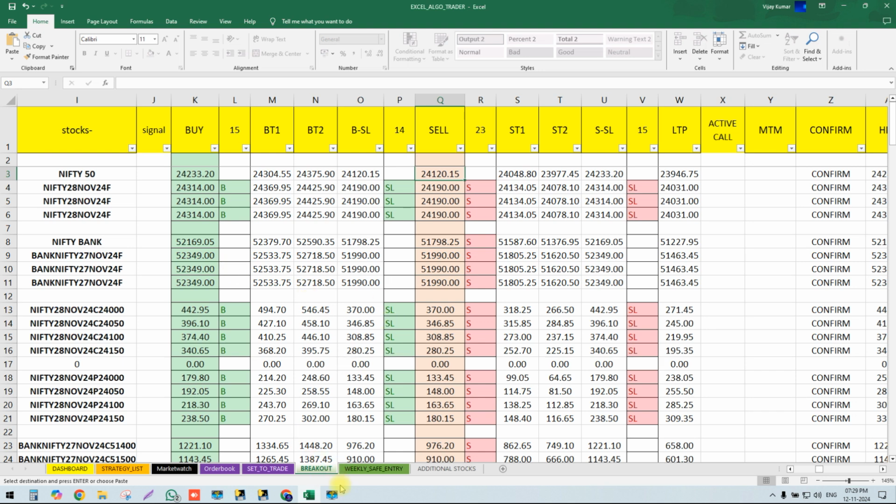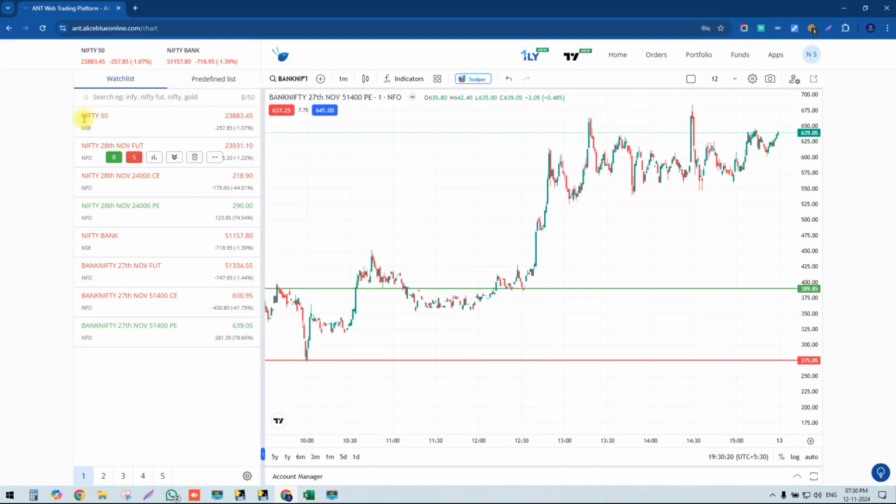Okay guys, we'll come to Nifty. I'll do a backtest today of how our Nifty, Bank Nifty, call option and put option all worked today, 100%. In the WhatsApp group also, many people have sent screenshots showing they made a profit, 100% profit today. Not only today, always. Okay guys, I'll show you a cross check of Nifty 50 today.